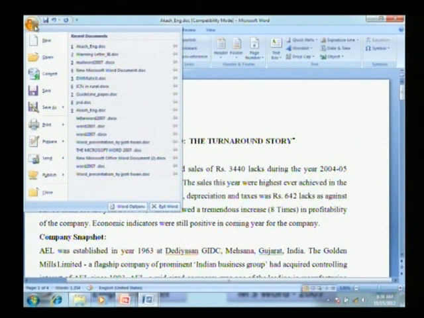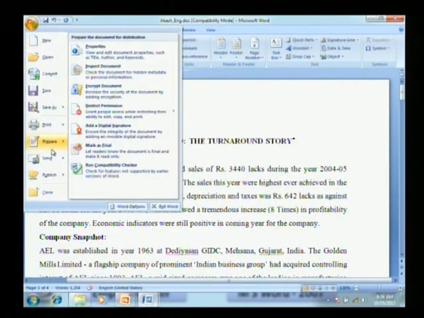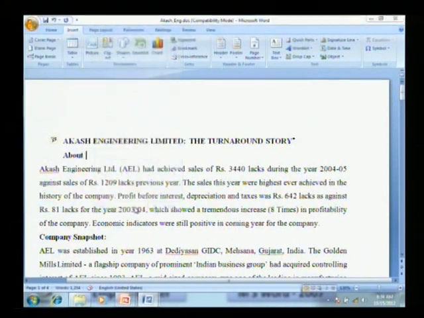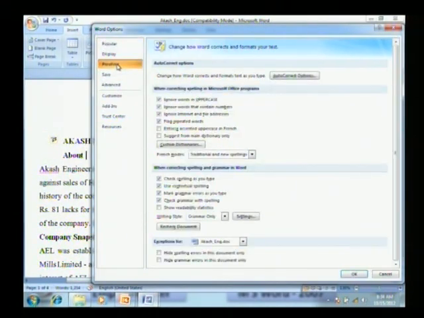So how to set it? Just go to the Office button. Fine. Office button, Word Options, then Proofing, AutoCorrect Options.